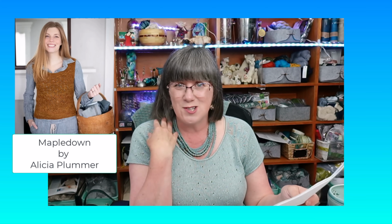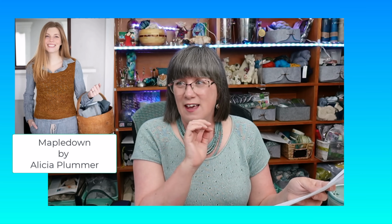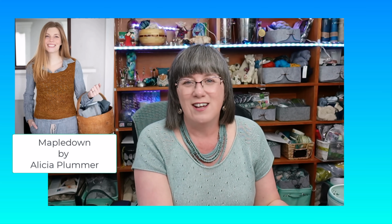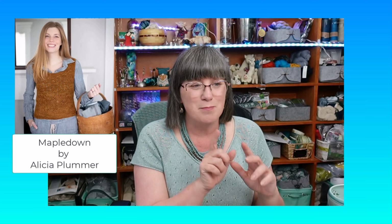It's got a nice scoop neckline, which I like. It's got a cool little lace pattern, and I liked the colors of the yarn and the type of yarn that it came with. So I ordered the kit. I'll talk about what I discovered about this pattern in just a little bit. But first,